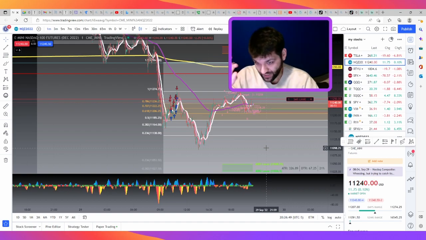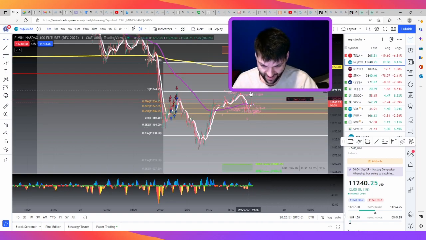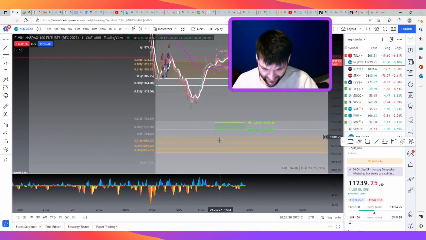So what I'm looking for here is basically a touch back to this top area and then a drop back down to this lower area, and that's where my area of interest would be. I would keep entering and exiting at these lines until we touch this area, and this would be my last exit somewhere right in here. I would be watching for a breakdown under here, and once we got a breakdown under there, I would be looking at this lower ADR as my next area of interest, and then we'd be breaking down into my next golden zone of fibs,